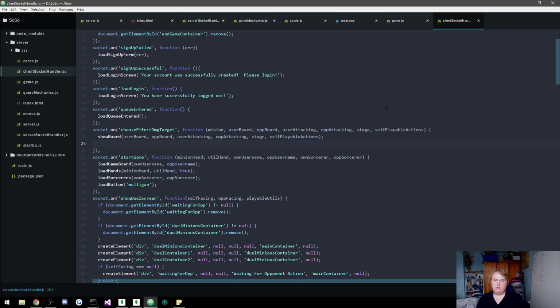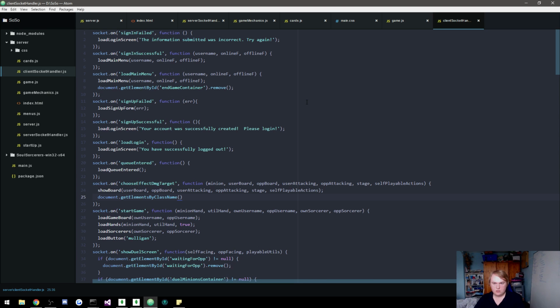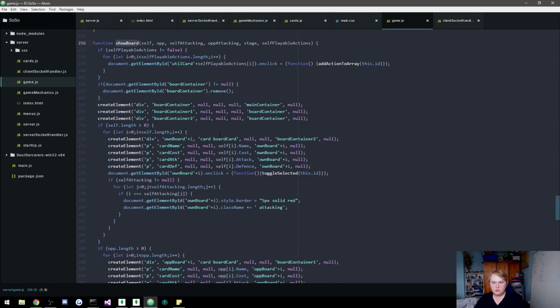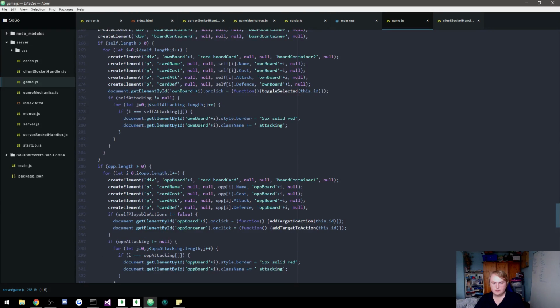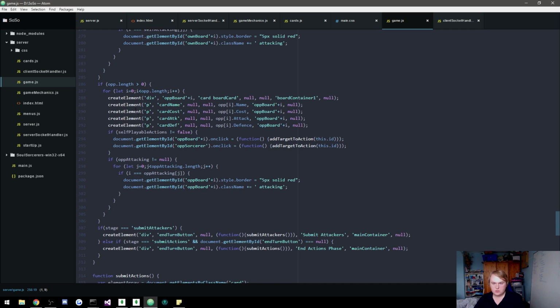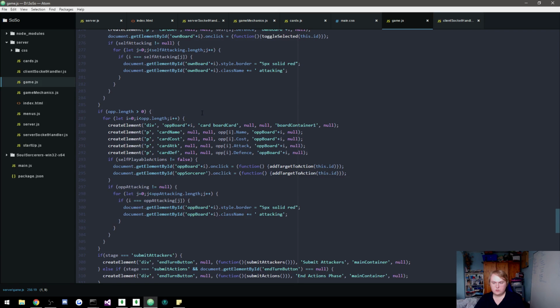So what we want to do is say document.getElementsByClassName, and we want to get the elements with the class name that is what? Own board, op board, so anything